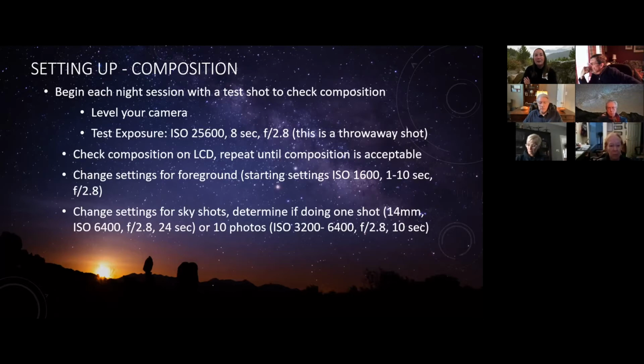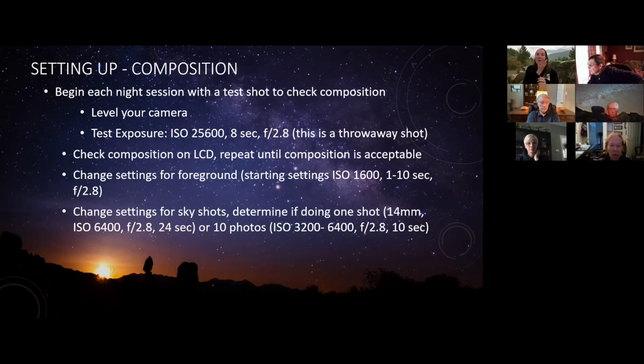This is basically just to set your camera up, take a shot, look at it, and say, okay, I want to move this, take another shot, get your camera set, and then be sure and put your camera into your keeper photos. Lower your ISO to start it out at 6500 with maybe 30 seconds and f2.8, take that shot, and then decide if you've got too much star trailing, whatever, and then reduce the